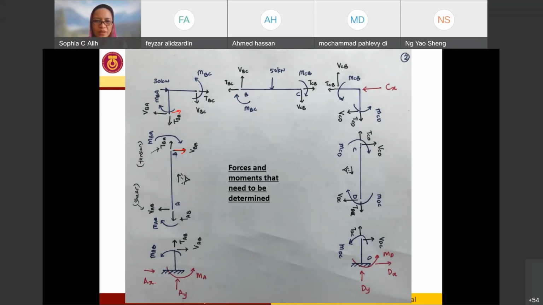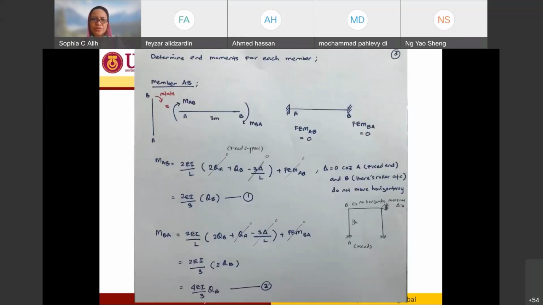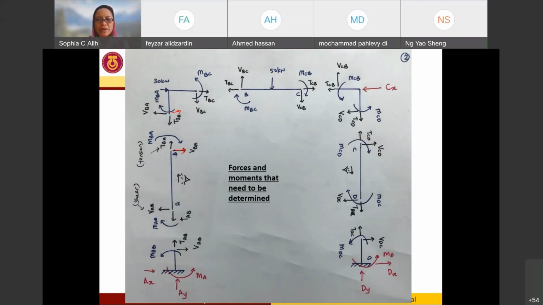Okay, now in order for us to look into it in a clear manner, we can do the example and start the calculation. As I mentioned to you, for this slope deflection method, you have to do the analysis part by part. In here, this is our member, and we decided to cut it at this end and this end, this end, this end, and this end. So I have 3 members right now: 1 member, 2 member, and the third member is over here. So first we are going to